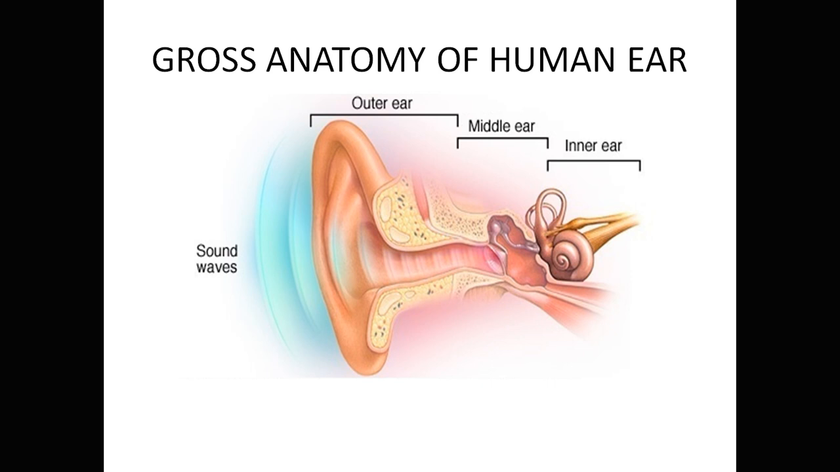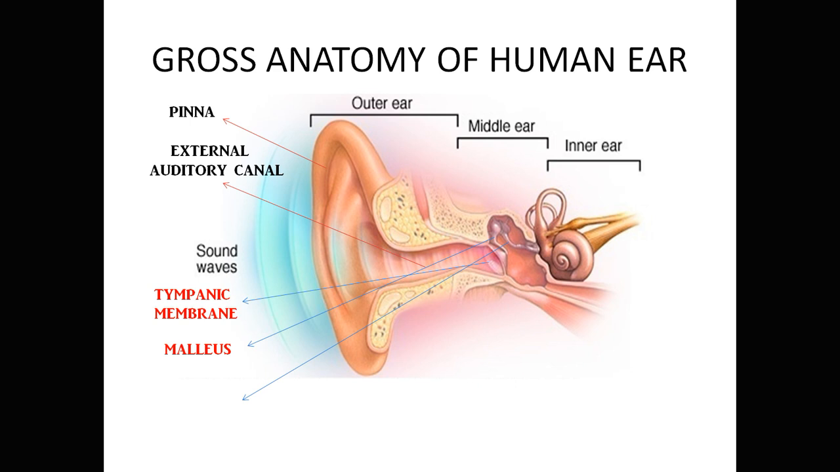So gross anatomy of human ear. We need to know the parts of the ear. First, grossly, it is divided into three parts. That is outer ear, middle ear and inner ear. In outer ear, the single flap of cartilage, that is your pinna, then external auditory canal. So these two comprise the outer ear, whereas middle ear, the tympanic membrane,